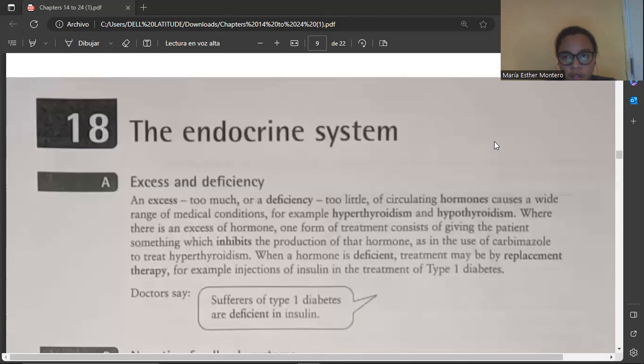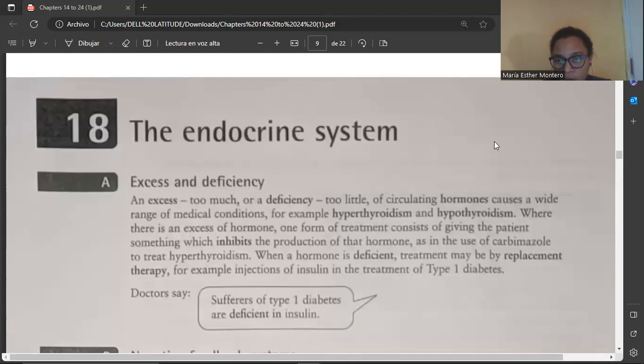Professional English in Use Medicine. Chapter 18, the endocrine system. A, excess and deficiency. An excess (too much) or a deficiency (too little) of circulating hormones causes a wide range of medical conditions. For example,